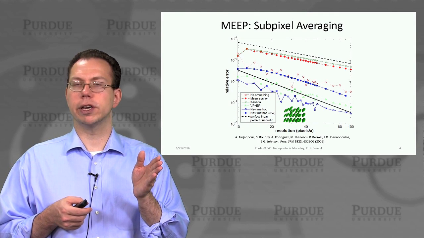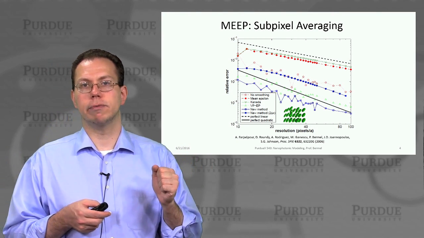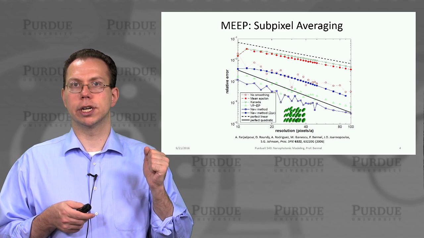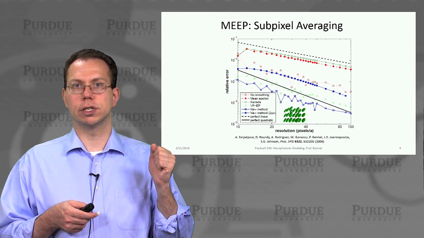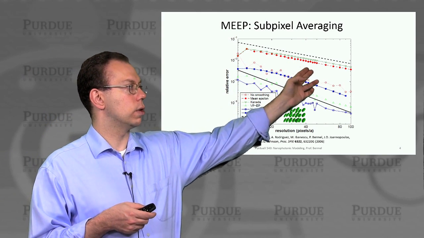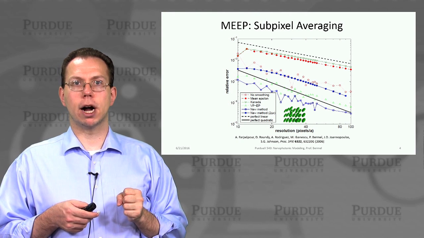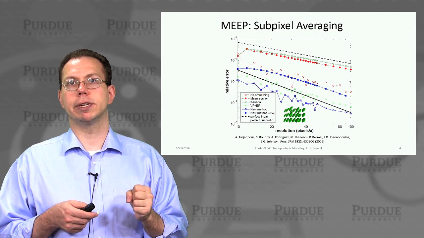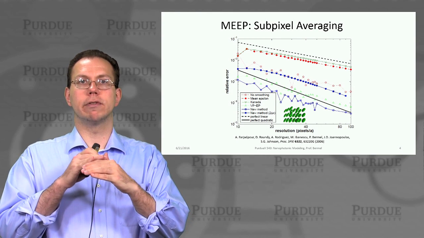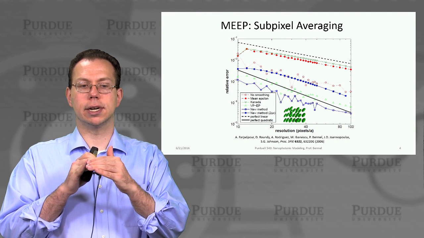So just to briefly recap, what is the value of this subpixel averaging? What we said is that using a leapfrog method, we should have scaling of the error as a function of the resolution to go as 1 over resolution squared. But in practice, some methods actually only scale like 1 over the resolution in terms of their error. And so that's a big problem, because that means we have to use a lot more computational resources than should be necessary. And that all comes from the way that we are defining dielectric when you have curved surfaces. So you basically have this so-called stair-stepping effect.